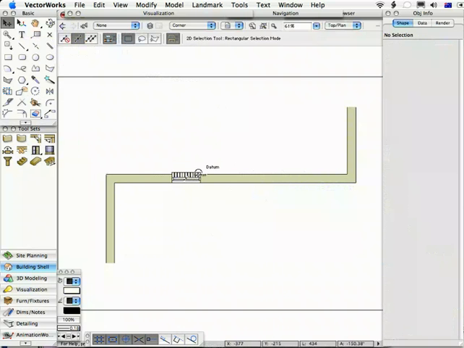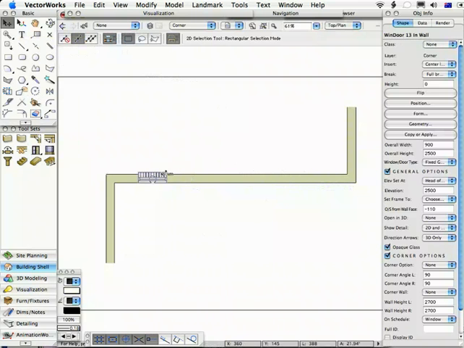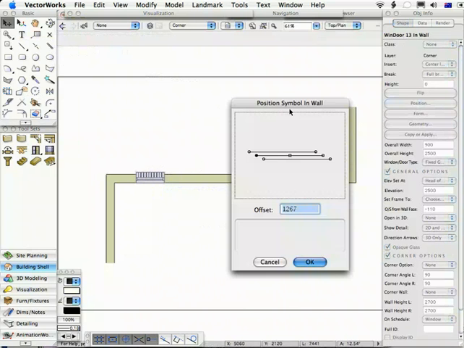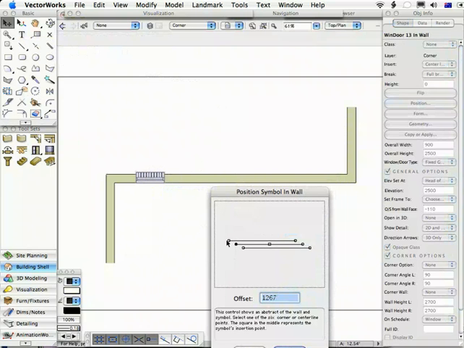Now let's take a look at how you can position an object in a wall. Obviously you can just drag it, or should I say reposition an object in a wall. You can drag it like I've just been doing. You can use the position button up here in the object info palette, and you'll get a diagrammatic representation of